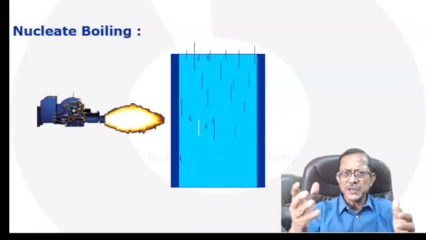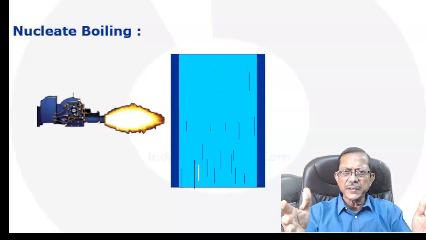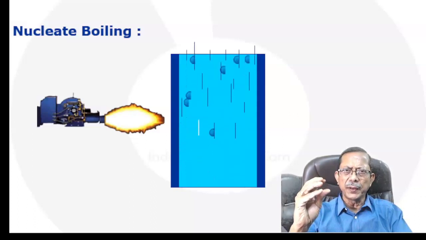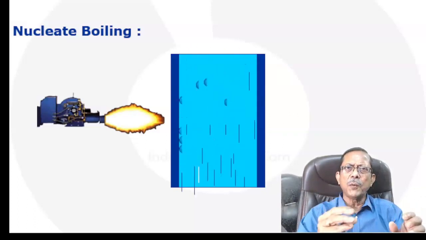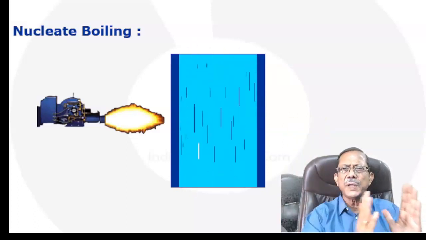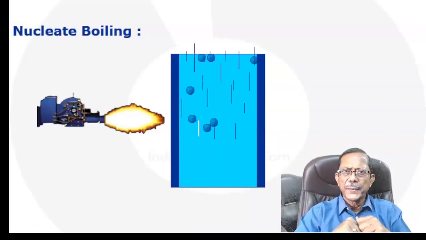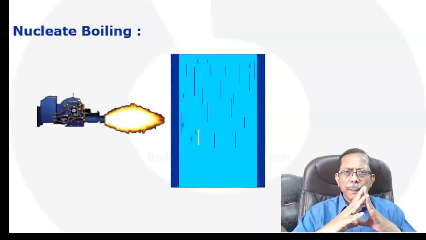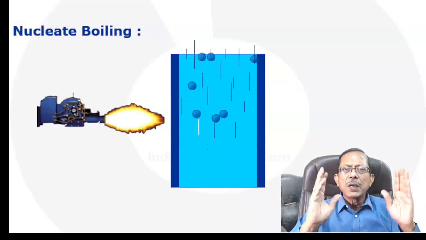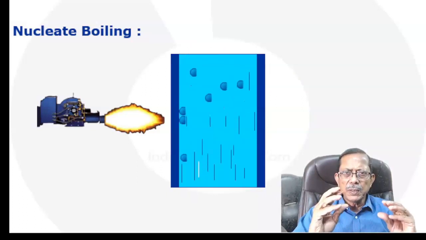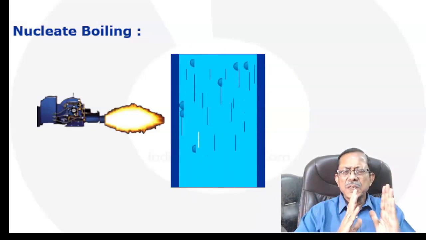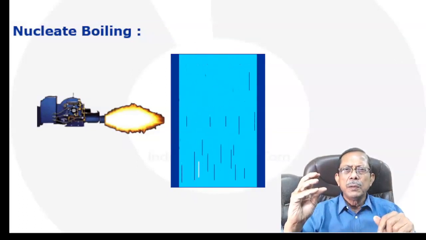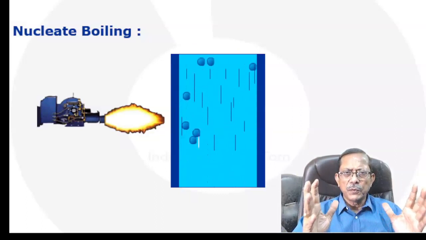So if it is, let us say, 350 degrees centigrade saturation temperature, steam bubbles are forming at 350 degrees. And when the steam bubbles form, immediately afterwards, it moves away from the surface of the tube, right? Now that is called nucleate boiling. Now what is nucleate boiling? Nucleate boiling is continuous formation of steam bubbles on the surface of the tube and immediate dislodging of the steam bubble to the main body of the water,